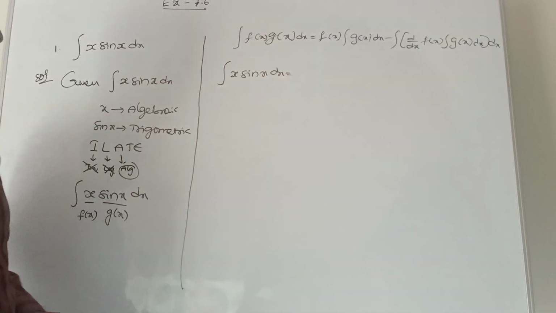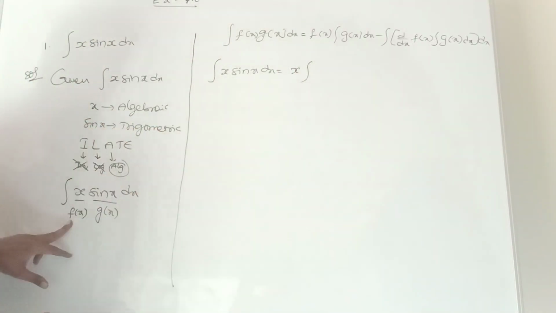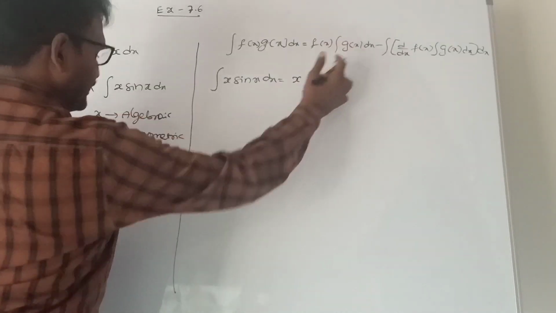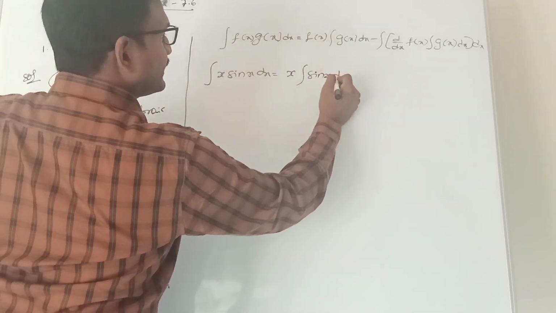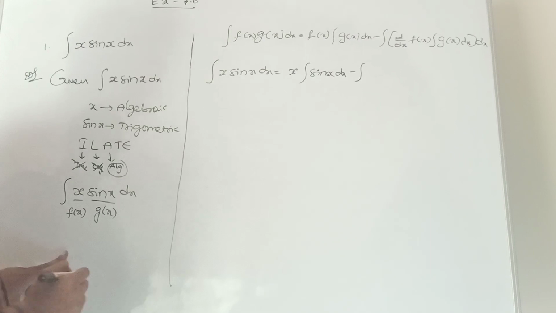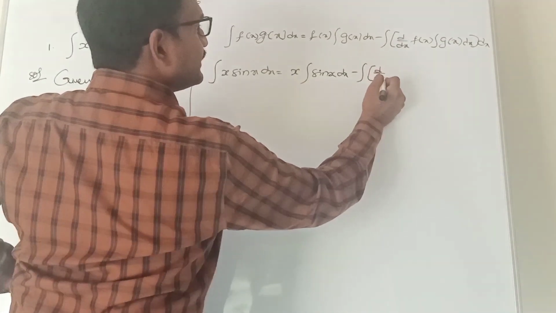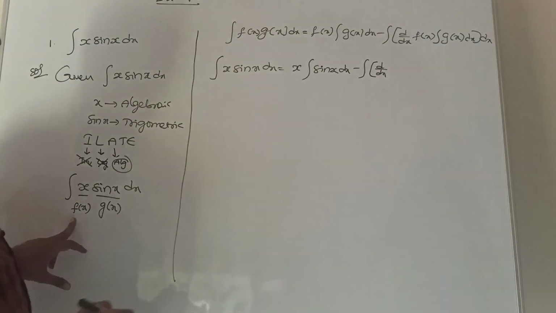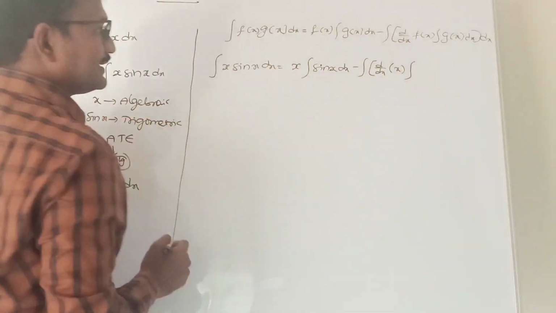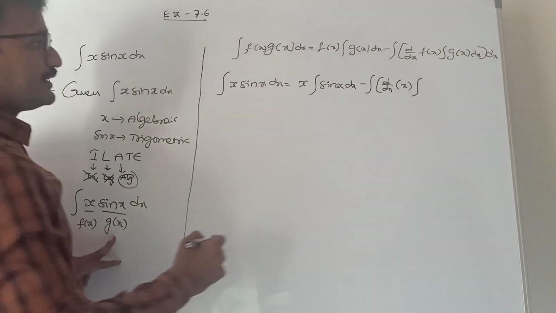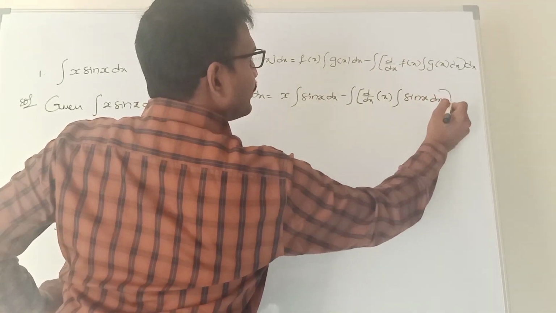So what is the formula? F of x into integral of g of x. What is f of x? x into integral of g of x. What is g of x? Sin x dx, minus integration of d by dx of f of x. What is f of x? X. So f of x is x into integration of g of x. What is g of x? Sin x dx, whole